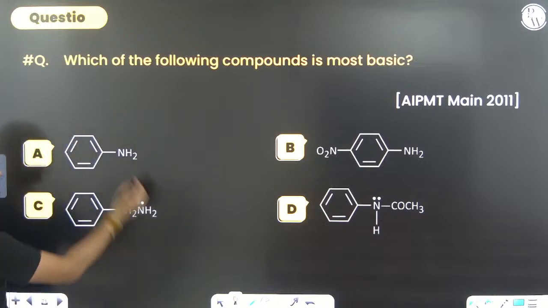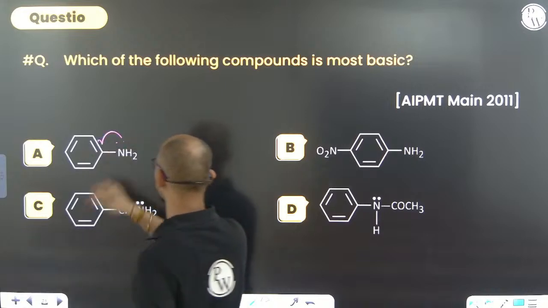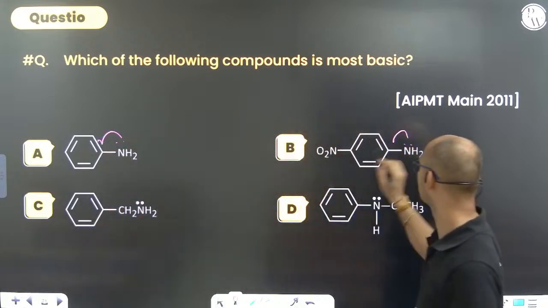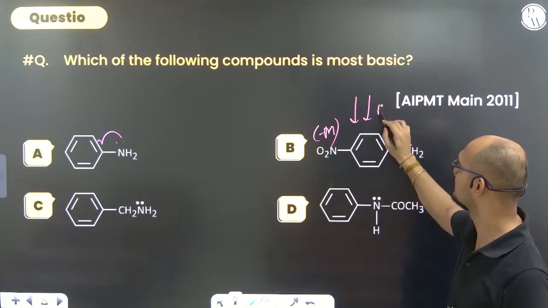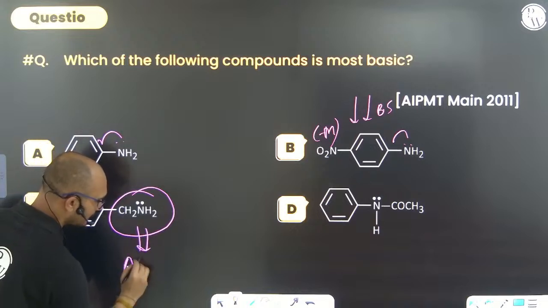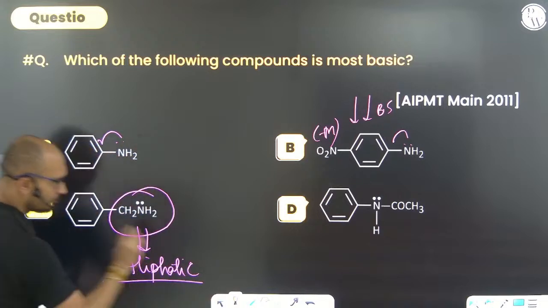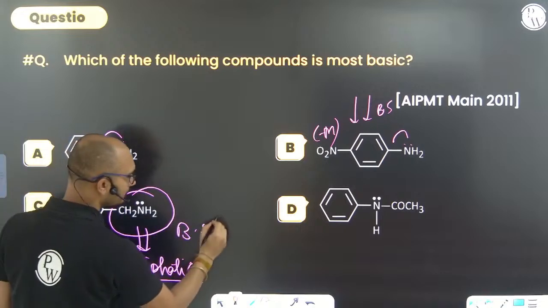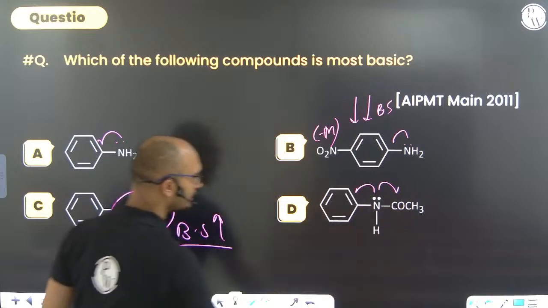मोस्ट बेसिक भाई, यहाँ पे देखो, यहाँ पे इज देयर एनी इफेक्ट, नो इफेक्ट। चलो यहाँ पर ये बताओ डीलोकलाइजेशन है, हाँ। यहाँ बताओ डीलोकलाइजेशन है, एज वेल एज माइनस एम इफेक्ट इज देयर, माइनस एम विल decrease the basic strength, yes or no? What about this? Here it is aliphatic, aliphatic। तो मतलब इसकी बेसिक स्ट्रेंथ क्या हो जाएगी? मैक्सिमम। छोड़ना ही नहीं, सोचना ही नहीं है। यहाँ पे भी सोचो, यहाँ पे फ्रॉम टू साइड देयर इज डीलोकलाइजेशन,